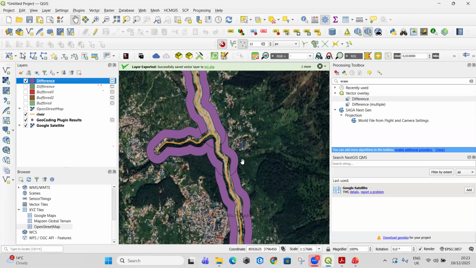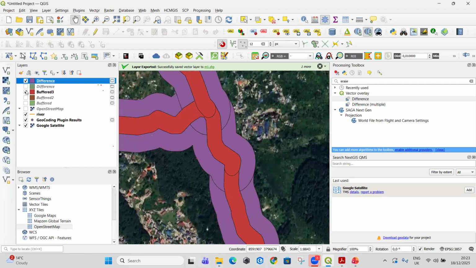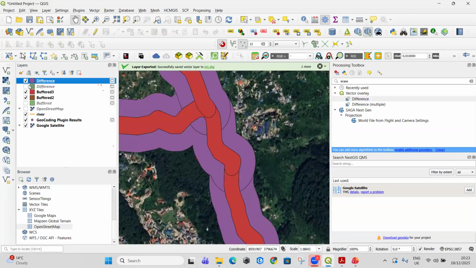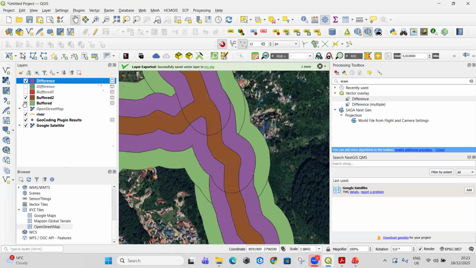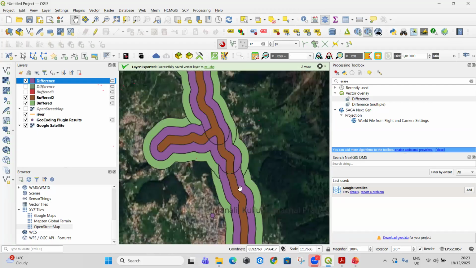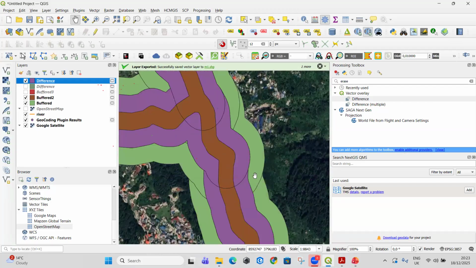Now I have the lower risk zone. I have defined it. Okay. Similarly for this also I can subtract and create three zones. So you can see you can create three different zones and you can calculate the area then. Now,